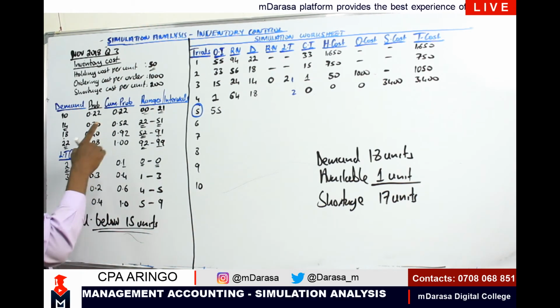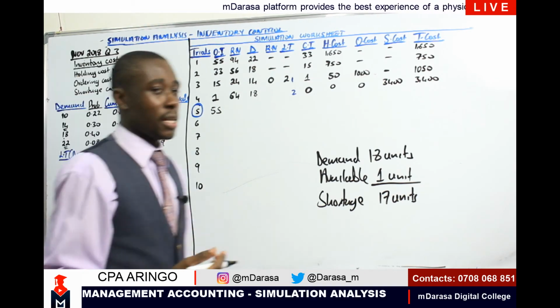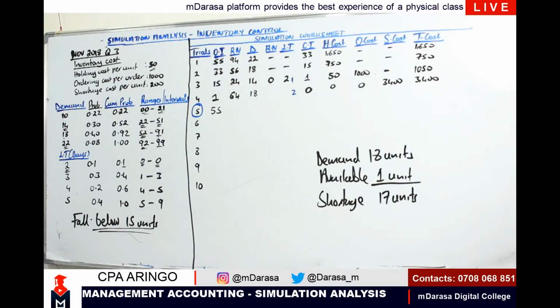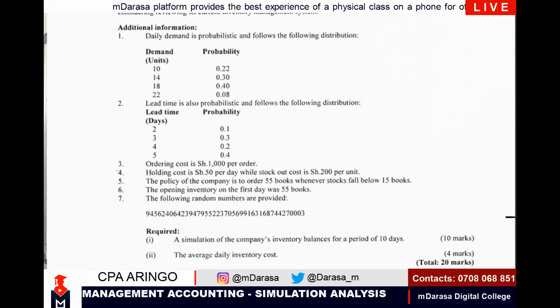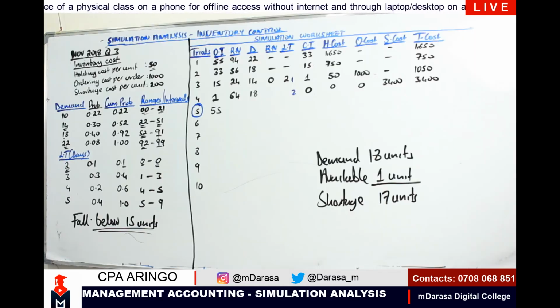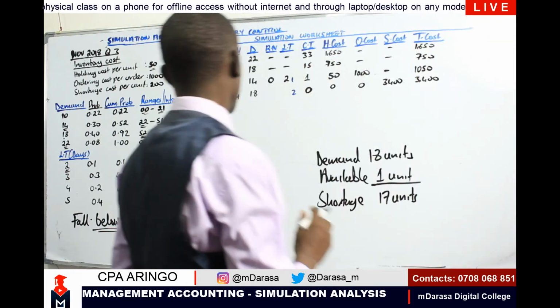Remember, the reorder quantity given, that was according to note number 5. The policy of the company is to order 55 books whenever stocks fall below 15 books. So that's why our reorder quantity is 55. So therefore, I should be having 55 units